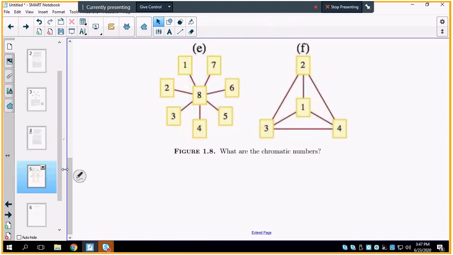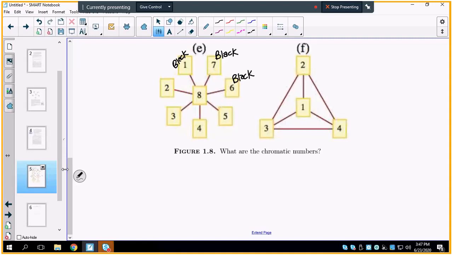In graph E, it looks like if I make vertex 1 a color, let's say black, well, the only vertex that's connected to vertex 1 is vertex 8. So I'm going to move over to vertex 7 and make it black too. But the only vertex connected to 7 is 8, so I'm going to keep going. I can make 6 black